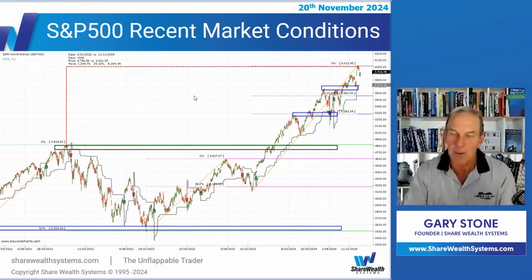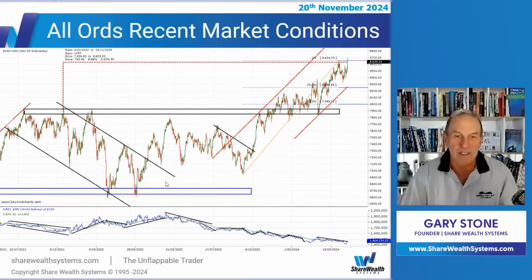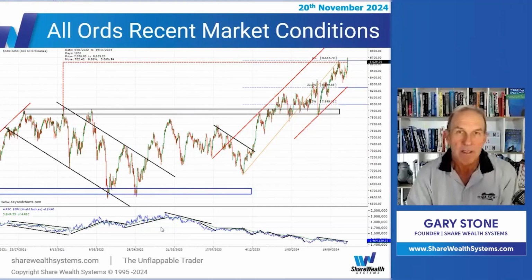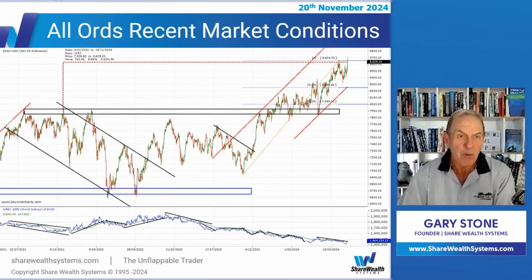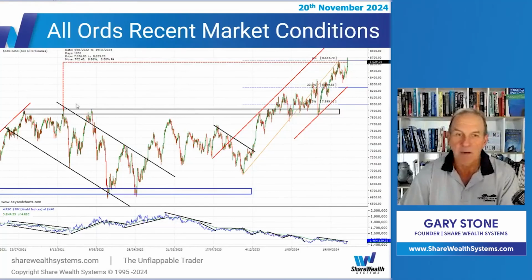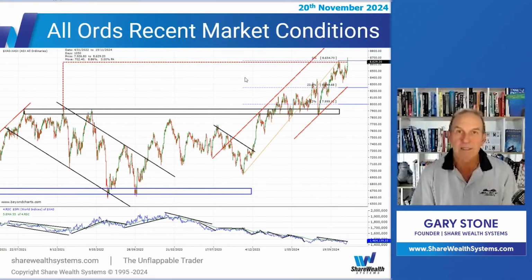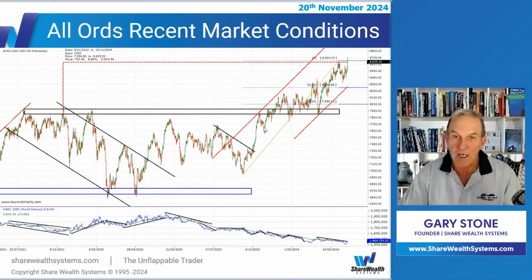And of course, let's have a look at the All Ordinaries. I've got here a chart at the bottom, which is a relative strength comparison between the All Ords and the S&P 500. Equivalent measurement, and whether you take it from where I've got the profit loss dotted line over here, it's an 8.86% run up from that high or from the breakout over here. So just about a third of what the S&P 500 has done. So the US market is obviously much stronger, and you can see this relative strength line declining here.